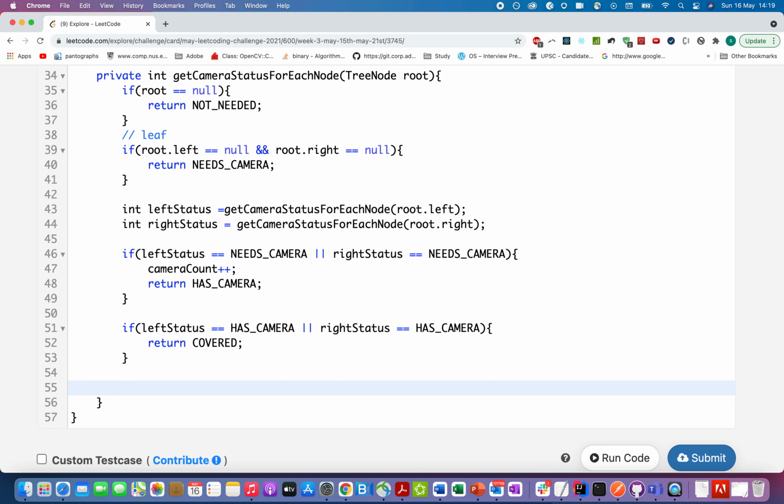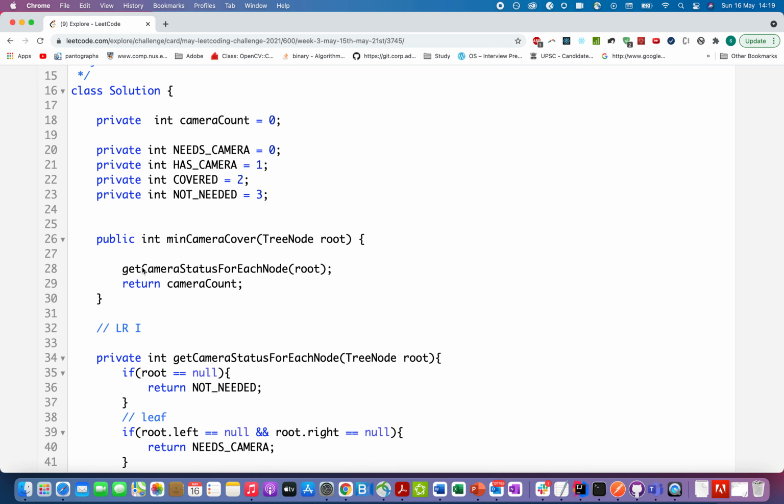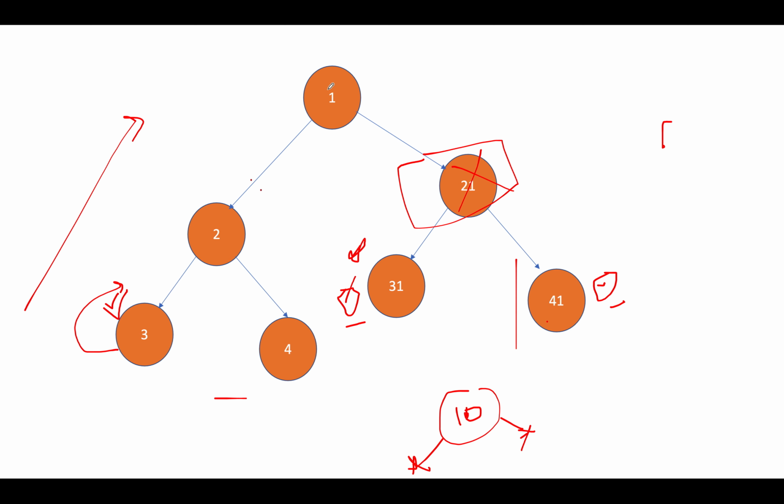As a default return statement, we actually need a camera, so we'll simply return needs camera status. And let's just talk about one particular case that is left. So let's hypothetically assume that the tree has only one node, 10, and both of its children are null.